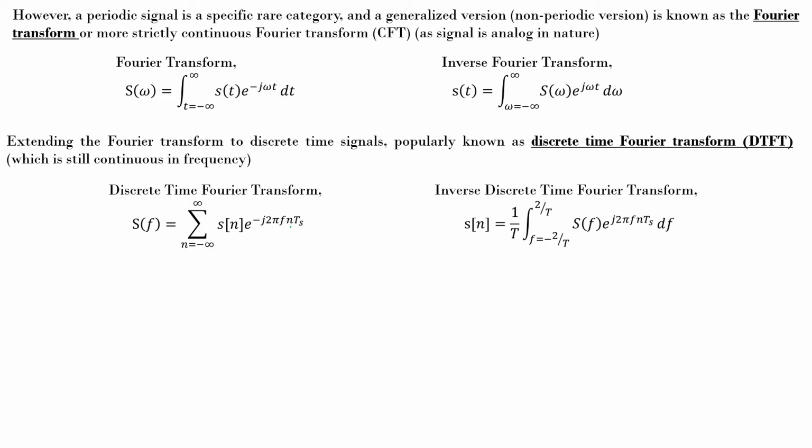So this is quite straightforward. I hope there is no confusion here. And then similarly the inverse is actually given by this. There is no difference except that the time is discretized. Now if you understand the concepts of sampling and sampling theorem and all the things, one important change that you